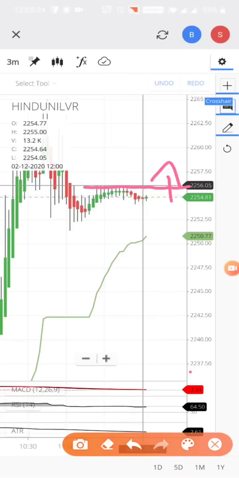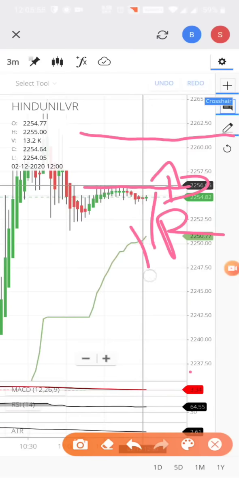I'm just giving an example. This is a demo trade for you guys. So this is a resistance. If the resistance is breaking, let's take a trade and make some 0.3%. 0.3% is around, let's say, 6 rupees or 6.6 rupees. So let's take an advantage within this range. Let's see how the resistance breakout will happen. If it doesn't happen, if it is going down, then no trade.